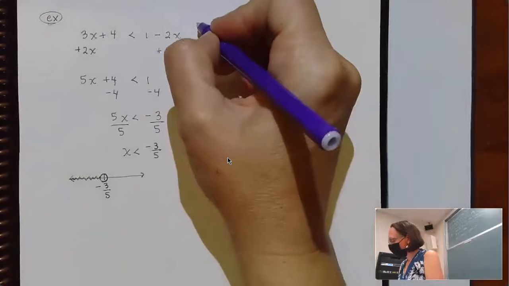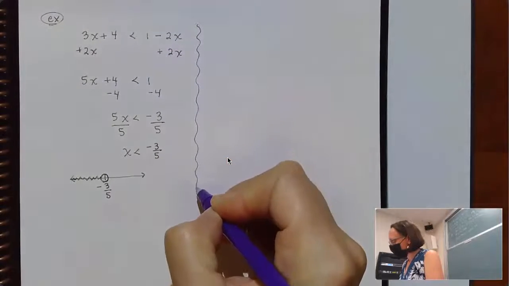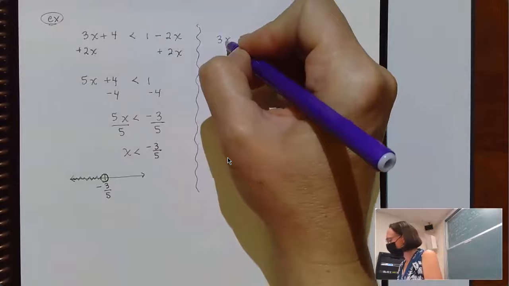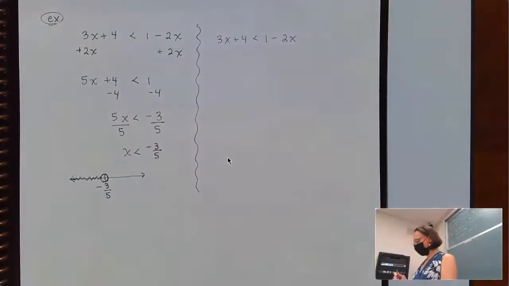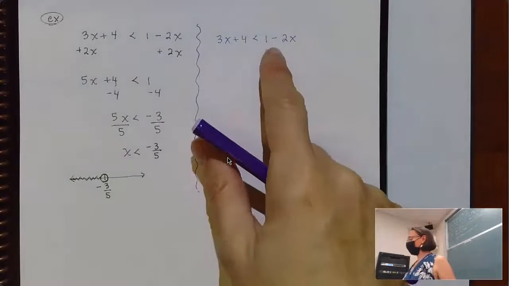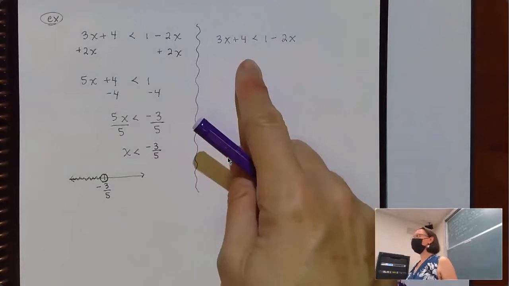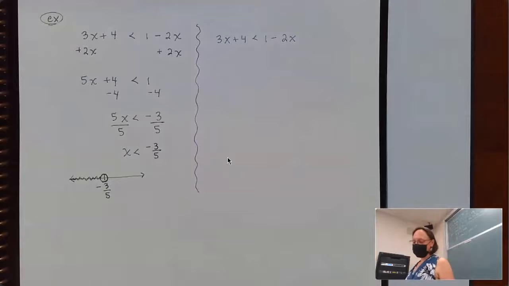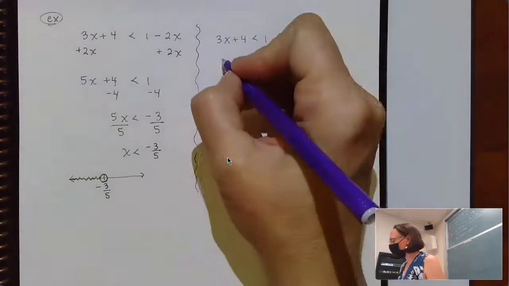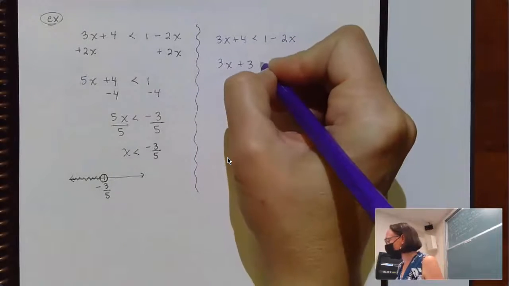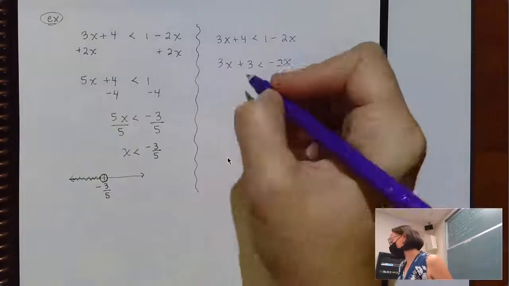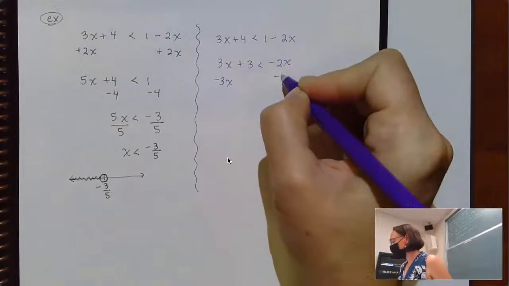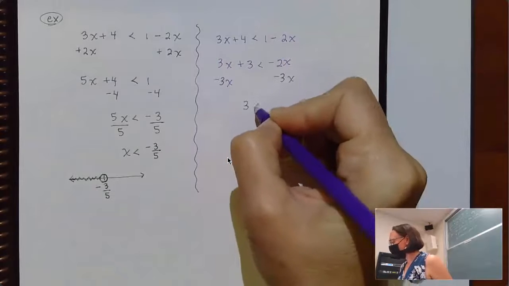Now for the same problem, let's pretend that you looked at it and said, I'm going to subtract the 1 from both sides. So I'll have 3x plus 3 is less than -2x. And then subtract the 3x from both sides and have 3 is less than